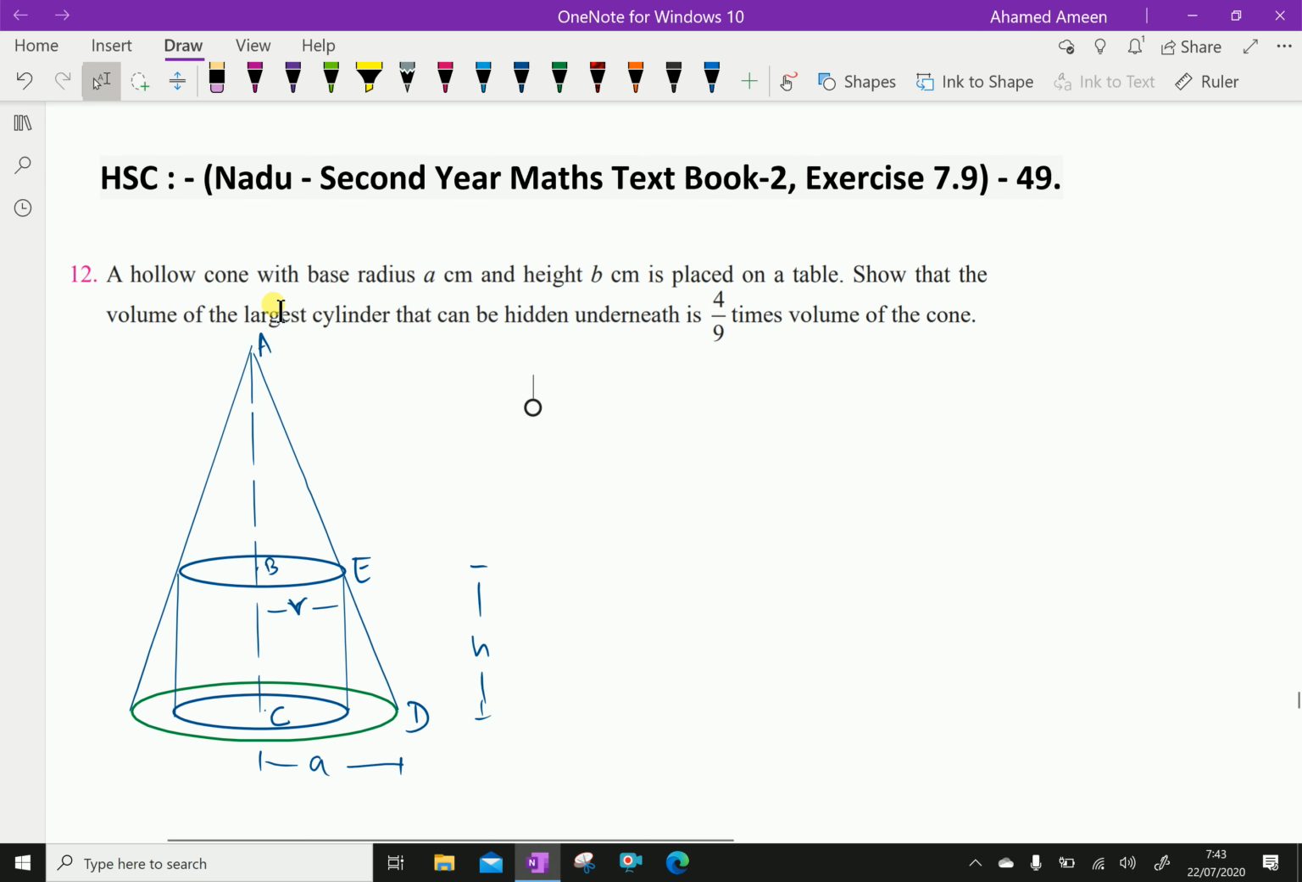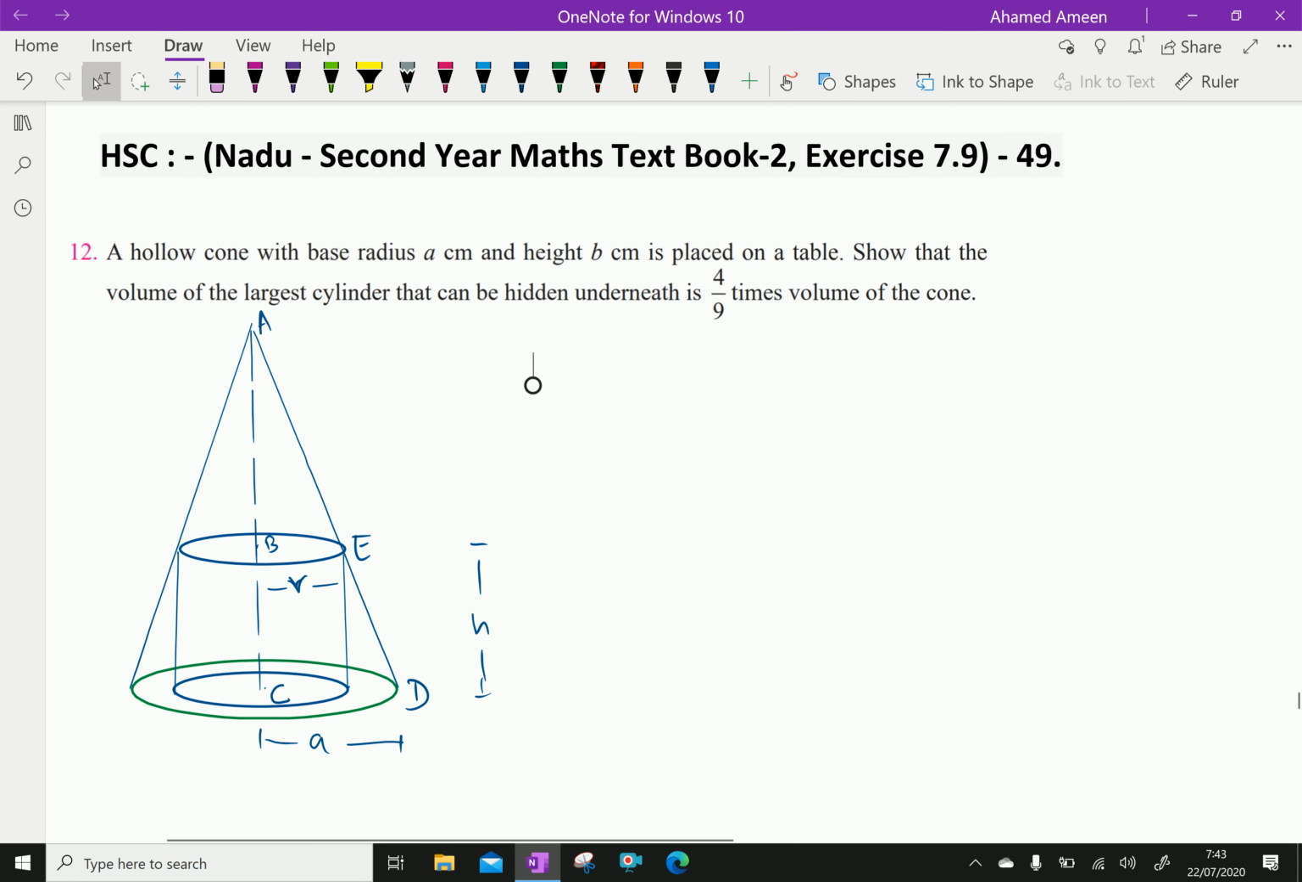A hollow cone with base radius A centimeter and height B centimeter is placed on a table. Show that the volume of the largest cylinder that can be hidden underneath is 4 over 9 times the volume of the cone. Here in the figure, given: